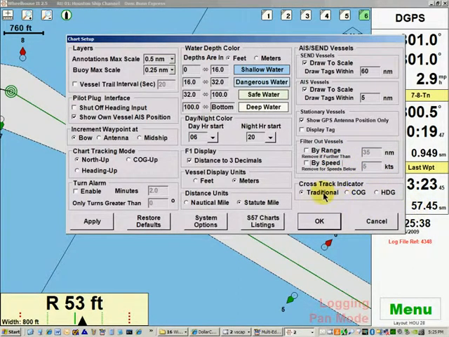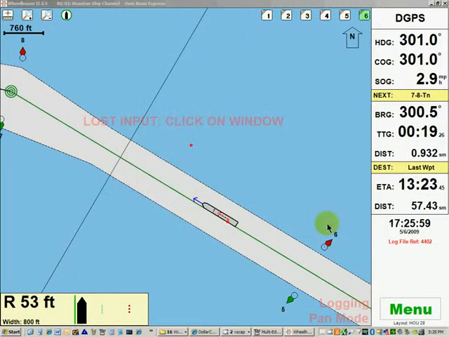Finally, we have the cross-track indicator, which pertains to this display here. And right now we have traditional, which is sort of a needle icon there that moves relative. It moves with the ship relative to the center line. So if we were to change that to COG, let's say that, now we get this little ship icon here. And if we take our vessel and we rotate it, change its